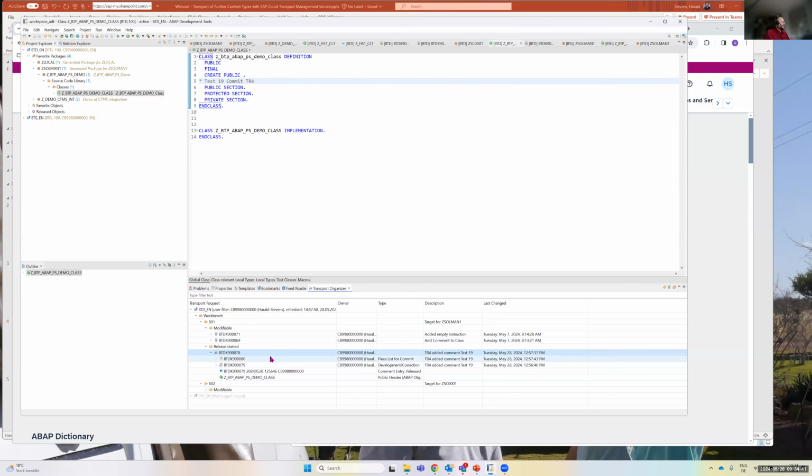You are creating a commit, because every ABAP content here in the BTP ABAP environment is stored in a Git repository, which is, as of now, hidden from direct access. And whenever you release a transport request, you're creating a commit inside this Git repository. And to be more specific, inside this environment,